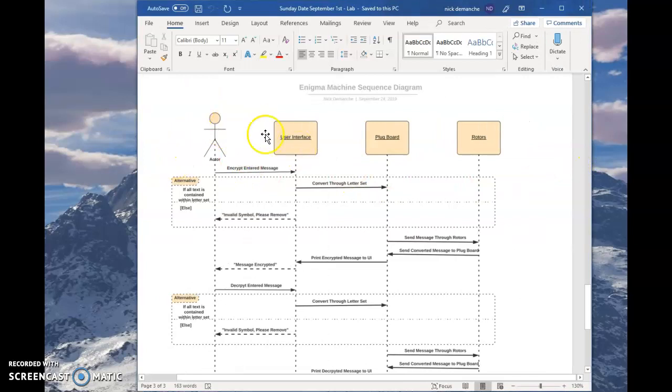There aren't too many different participants interacting in this diagram. You have the actor, the user who's going to be wanting to encrypt or decrypt a message. You have the user interface, the plug board, and the rotors. We start with whether we want to encrypt or decrypt, and each one will have the alternative where if we go to encrypt a message, if all the text is